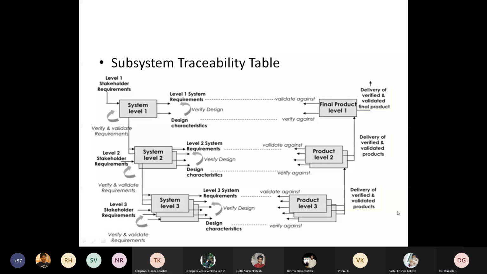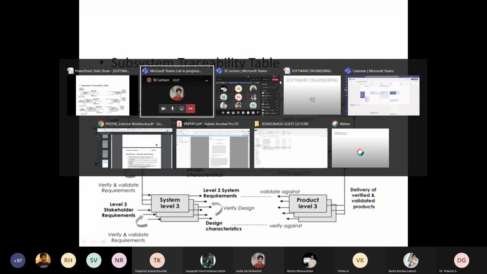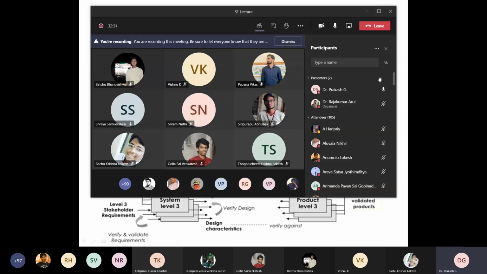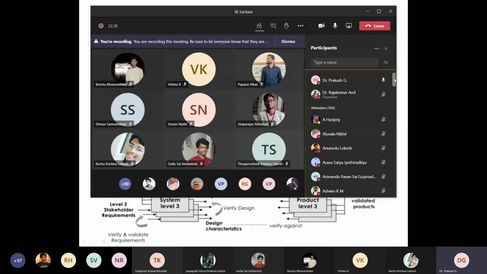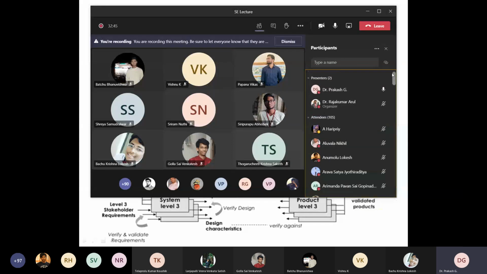I want frequent interaction from your side. Now the student strength has increased after 30 minutes of class. Previously it was 101, now 4 members have joined.